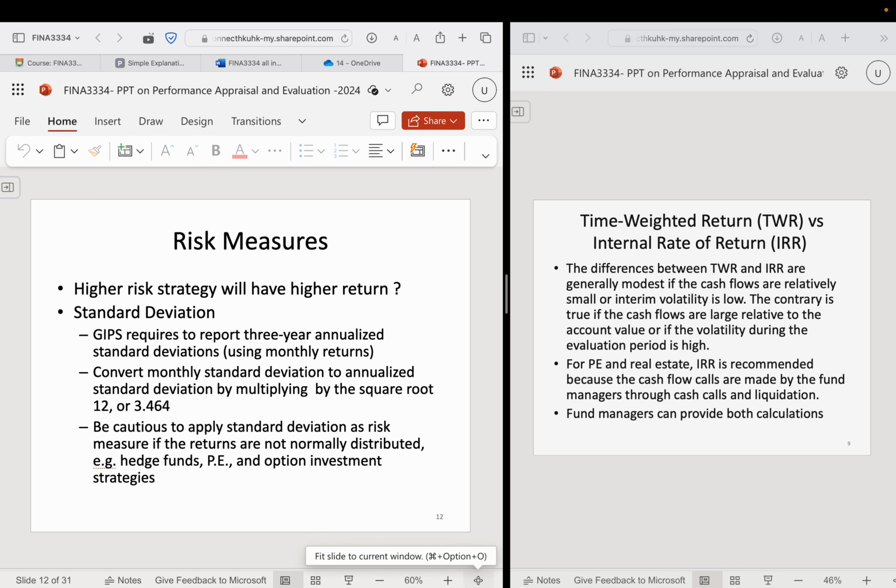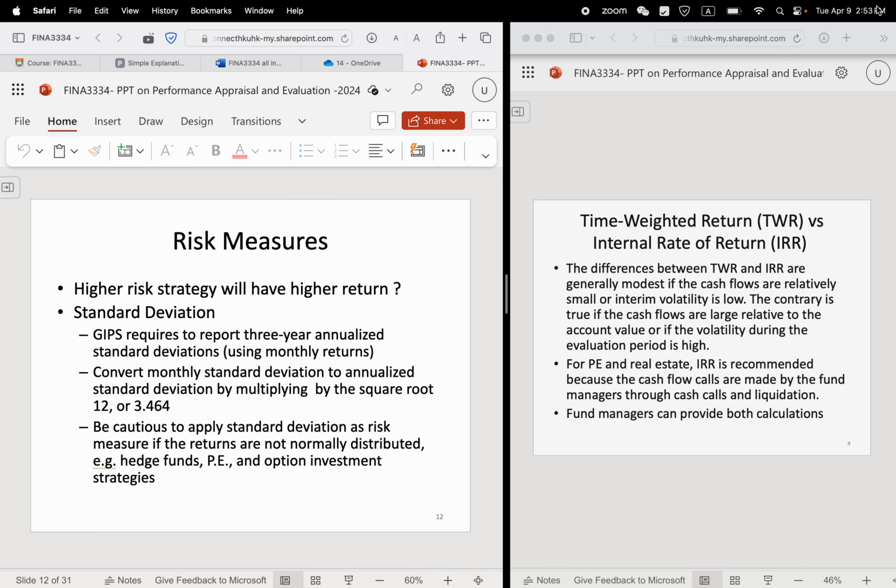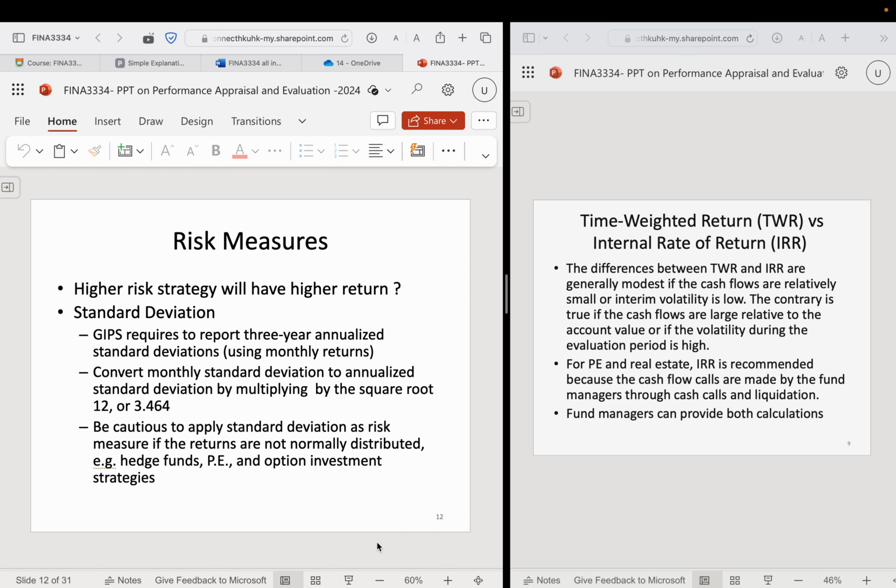So that's why the time weighted return is very important. Time weighting, which removes the effect of capital inflow and outflow, is so important to calculate the risk and return. So if, for example, they injected during this period, then his return would be a lot lower. He got the wrong timing. So this is a market timing issue, which I will talk about later when we want to evaluate the performance.